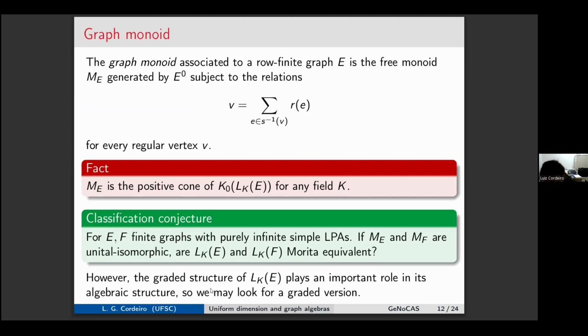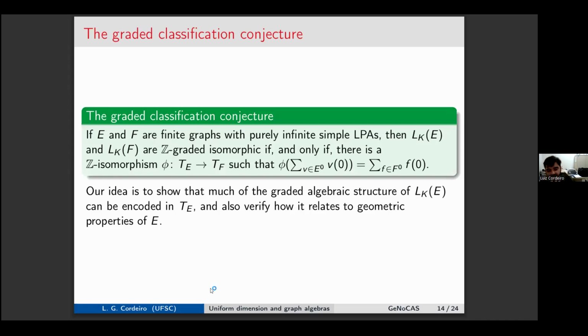Yes, I probably just copied this one here. Yes, because when we have Z gradings and Z isomorphisms, then much more of the algebraic structure is preserved. So that is right. So just for finite graphs,